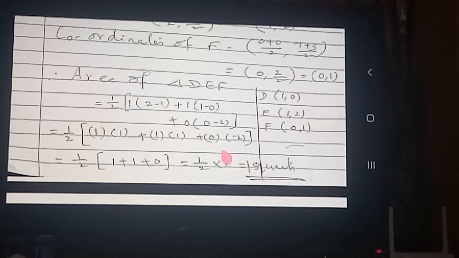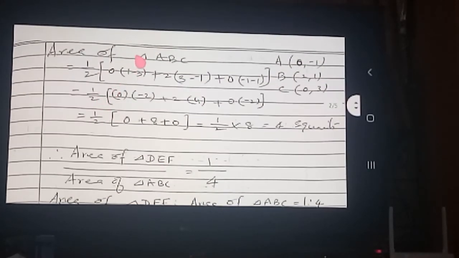Now what is our aim? We have to find the area of triangle ABC. That is also the same method, knowing x1 y1, x2 y2, x3 y3, apply here. Same half into x1, 0, into y2 minus y3, that is 1 minus 3, plus x2, that means 2 into (y3 minus y1), okay, 3 minus minus 1. This 2 minus coming, some students are not writing the 1 minus, that is wrong. So already the middle one's minus sign is understood there. So y2 minus y3, you apply properly.